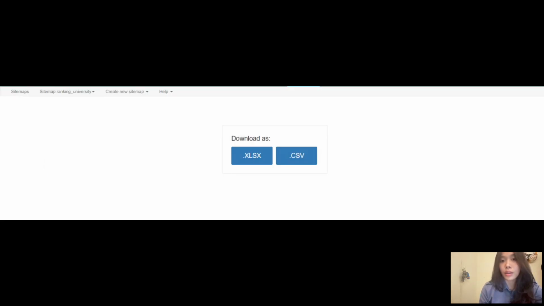Then the data were exported into a CSV file. The CSV format is very useful because it can be opened again using applications such as Microsoft Excel, Google Spreadsheet, or Python for future analysis.